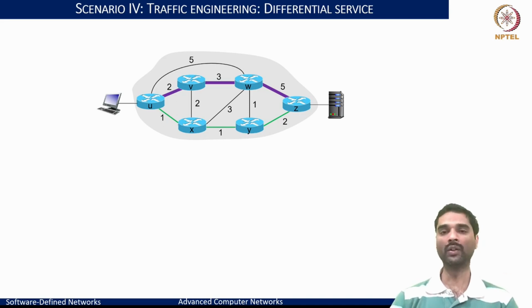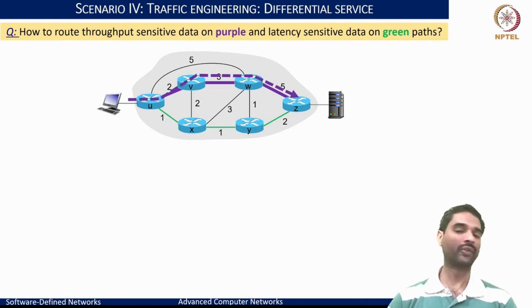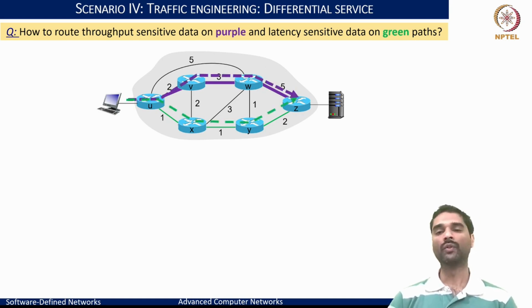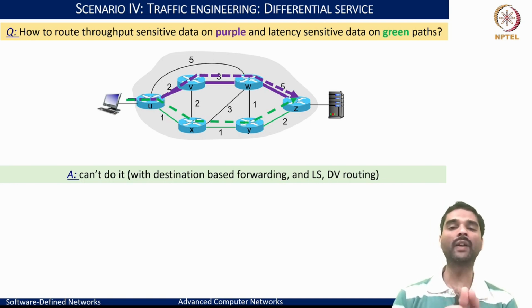If we consider these two provided by the same underlying network, for each of the applications we would want to choose the paths differently based on the characteristics it demands. Now the question is: is it possible to achieve this through traditional routing? And the answer is plainly no, for a simple reason: we can at best build destination-based forwarding for either of the routes, but we cannot guarantee which of the applications would end up taking which of the routes